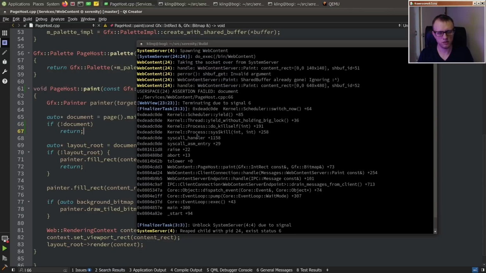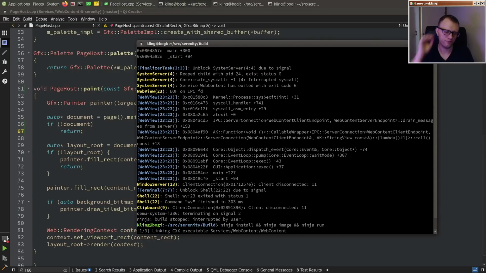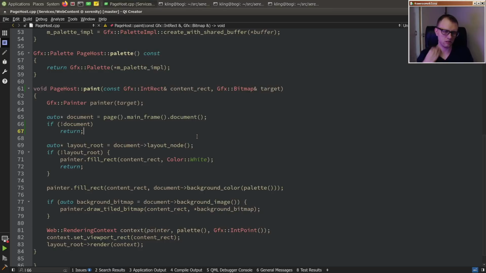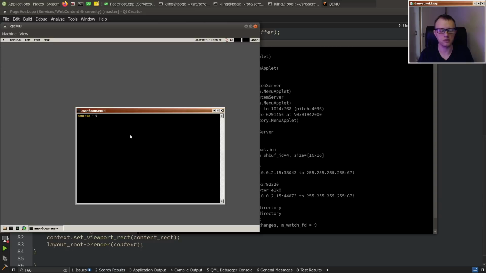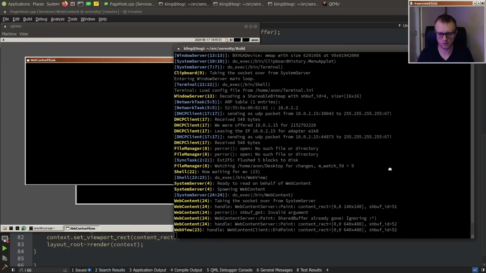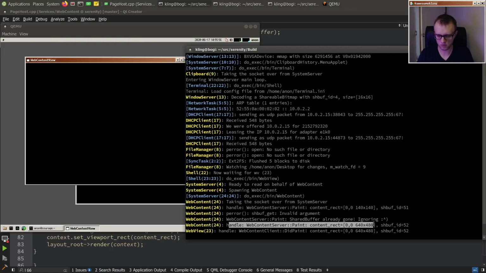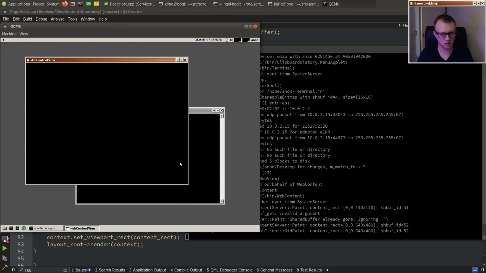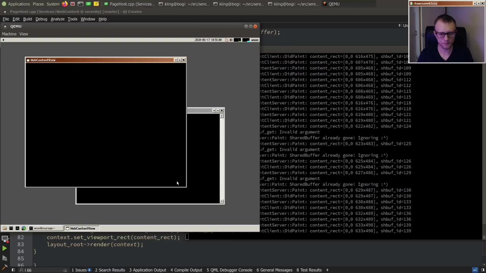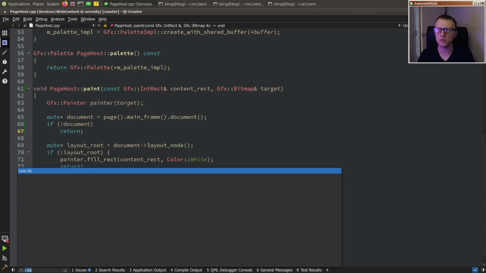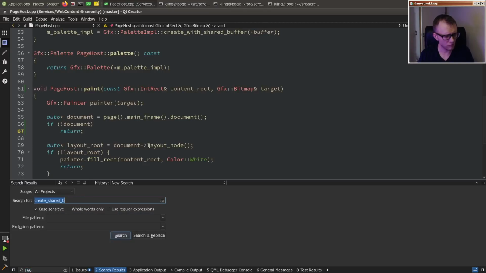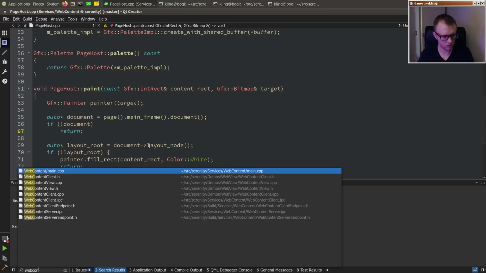So whatever, if you don't have a document yet, we are just barely born, I guess. Maybe we get a paint request really, really early in the lifetime. Okay, so paint, and then did paint. But we probably need to schedule a repaint of the window when we get the did paint. So that would be in web content